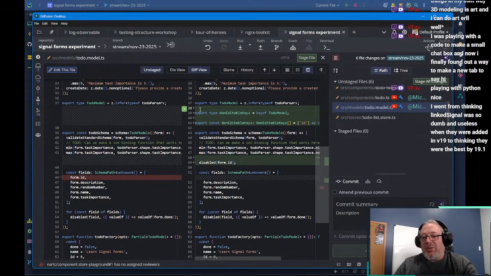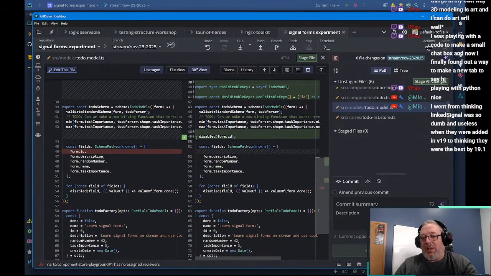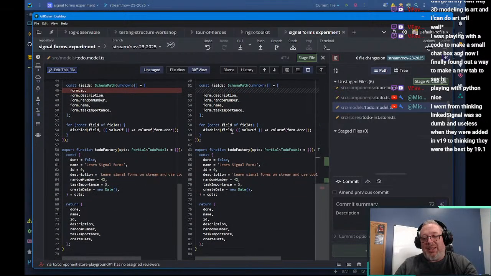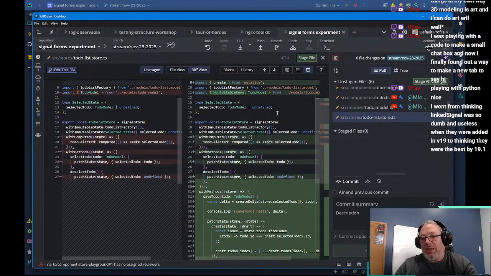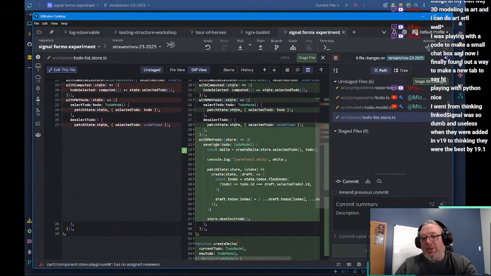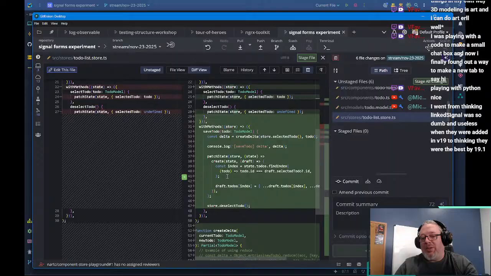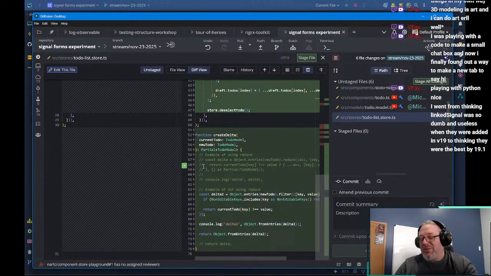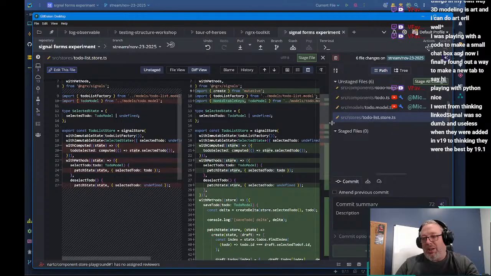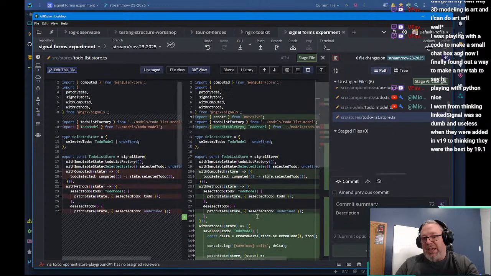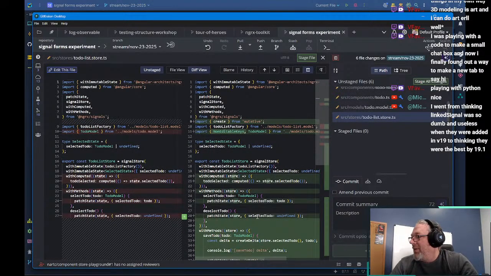We took advantage of TypeScript to keep our stuff strongly typed. We disabled the ID, and then in our store we use the deltas, and we used a couple of different ways of building deltas to show you. There are different ways to do it, and thinking about things in different ways is a big help. But yeah, we're in a good place.